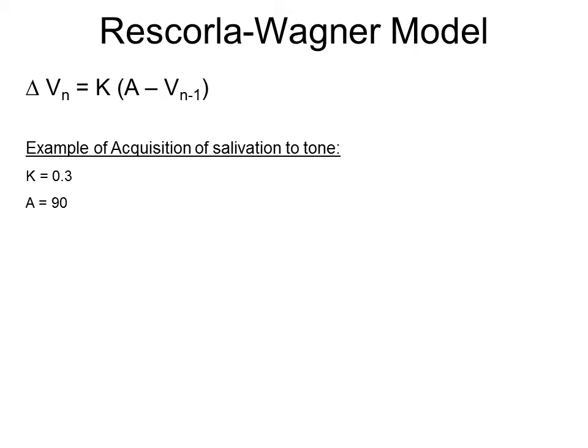So on trial 1, you sound the tone, you follow it with food, and so forth. And now the goal, and I think this should be stated, one of the reasons for mathematical models is to make predictions about future events, such that once we have an understanding of different stimuli and different asymptotes and so forth, we can use that without actually having to go through the conditioning preparation. We can use mathematical models to predict that with this piece of food and in this animal with these stimuli, we would predict that the course of learning will look like this. And so that's the real utility of mathematical models.